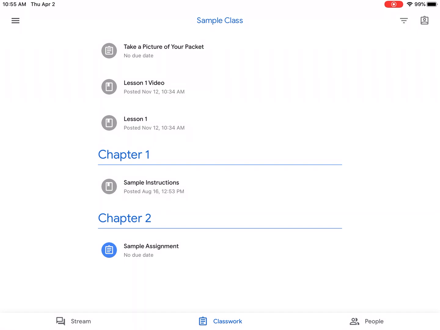The other thing to keep in mind too is that when you're doing screen recordings, to probably limit it to no more than 1 minute per grade level. So if you have first graders, probably want to limit it to 1 minute, maybe 2. If you have fifth graders or sixth graders, you want to probably limit it to 5 to 6 minutes. So when you're finished, then you'll tap on the red icon right up here above,